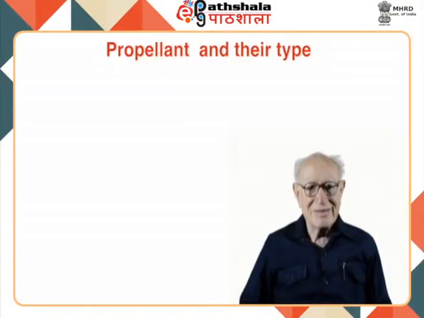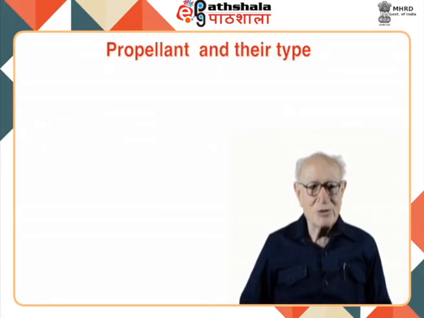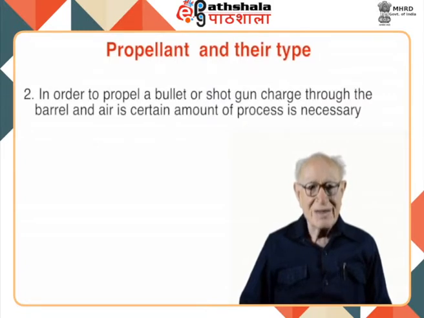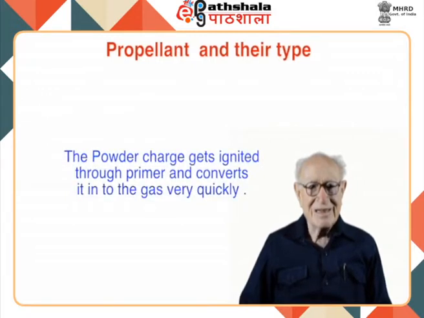Now we shall learn about propellants and their types. Let us start. What are propellants? 1. The expression propellant means an agent which fires the projectiles out from a firearm. 2. In order to propel a bullet or shotgun charge through the barrel and air, a certain amount of force is necessary. The powder charge gets ignited through the primer and converts into gas